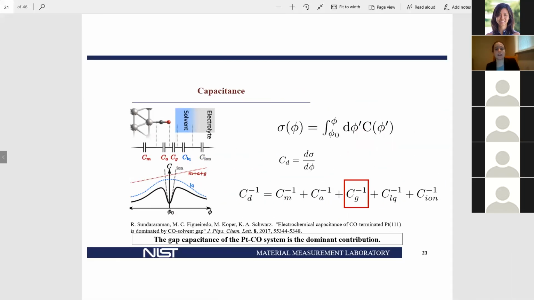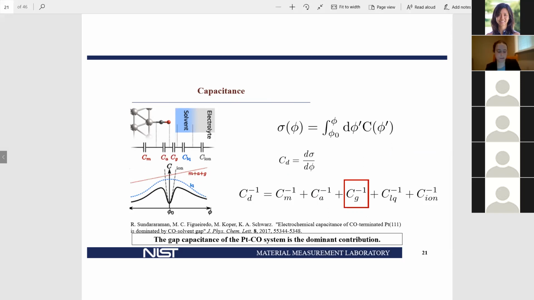So despite the number of challenges that continuum models still face, they can still provide us with plenty of insights. So here I moved to the platinum 111 system with a CO adsorbed on the surface, and we once again consider the differential capacitance and the various capacitive elements in this electrode. Of course we have the capacitance of the metal, we have the capacitance of the adsorbate across the CO bond, we have a gap capacitance, and then we have the capacitance of the liquid and the ion. And we found in this paper that the gap capacitance of the platinum CO ends up being the dominant contribution